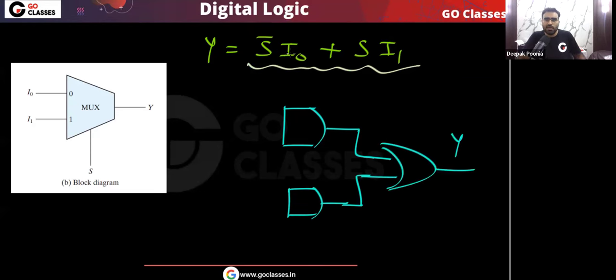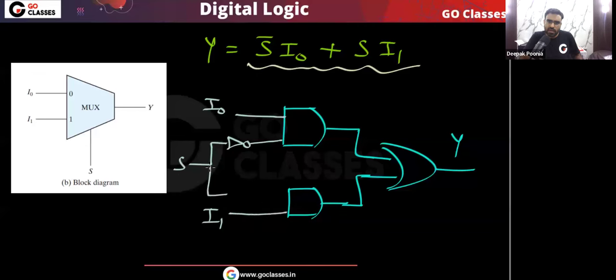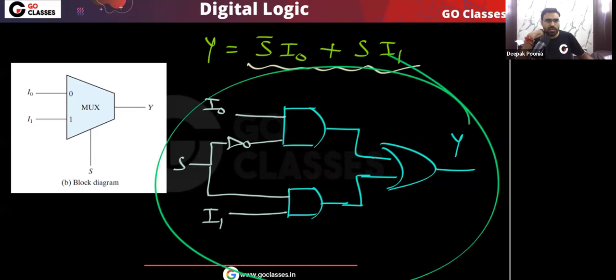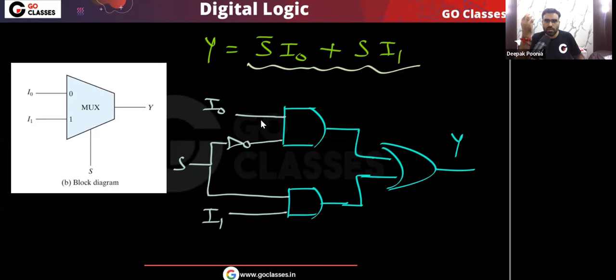Now you can see that I0, here the inputs are I0 comma S bar. S bar means, if this is S, then I put an inverter here. Okay, yes or no? Inverter. This will be S bar I0. So here the output will be S bar I0. And you can see, for this AND gate, the inputs will be I1 and S. Okay, so that's it. So here the output will be S I1, here S bar I0, and finally this is the implementation of the multiplexer using basic logic gates. I hope you understood. Okay, very simple.